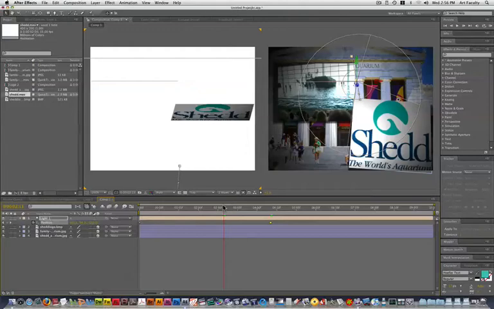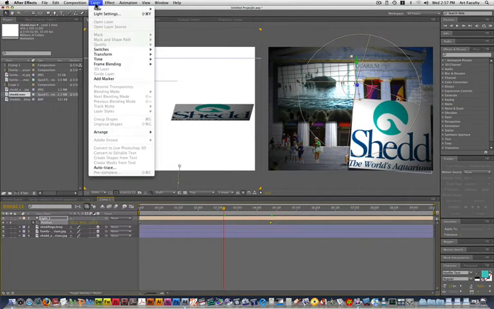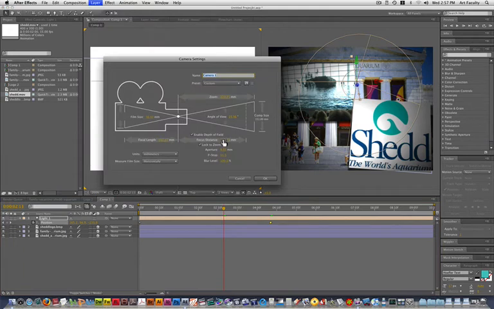The camera is very similar to the light layer. To add it, it's the exact same command. You just go Layer, New, but instead of Light, you choose Camera. And the camera itself is going to have a dialog box where you have all these different elements you can control. You can change the zoom, the film size, the focal length, the focal distance, the angle of view,